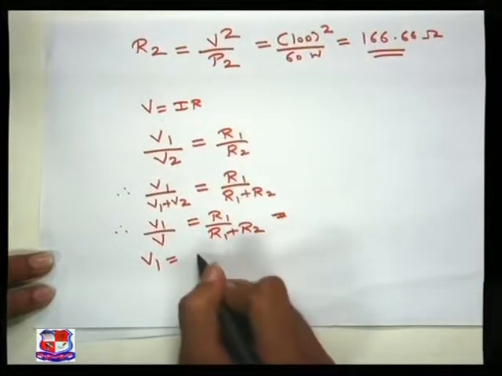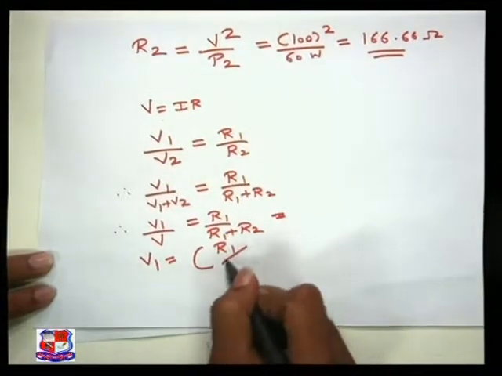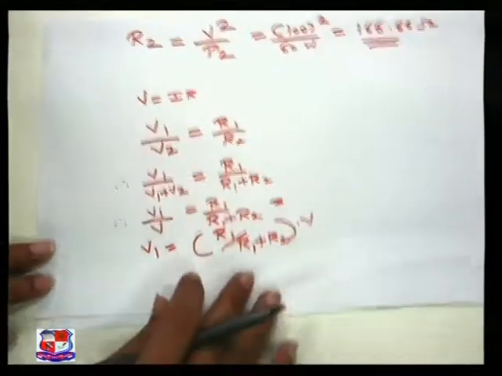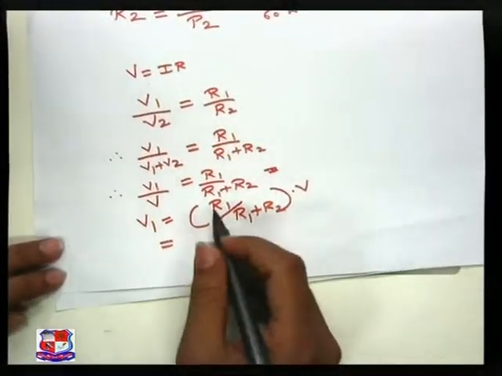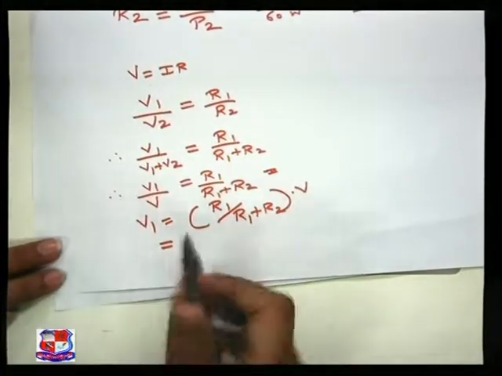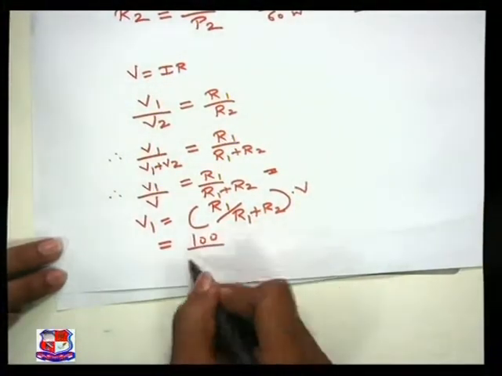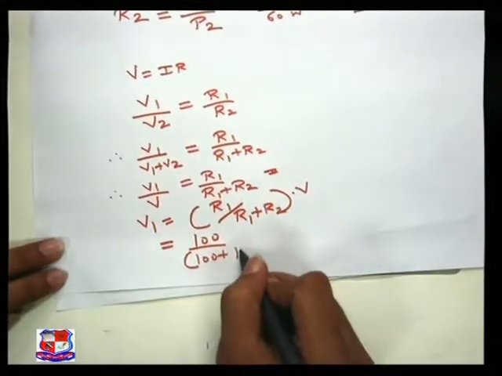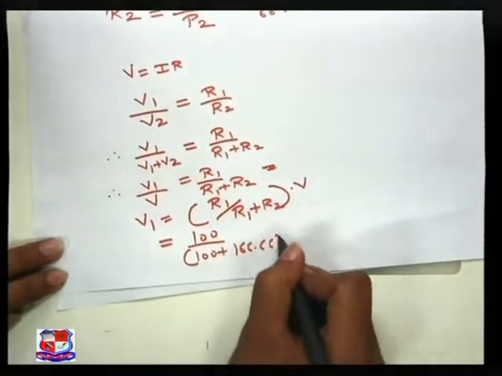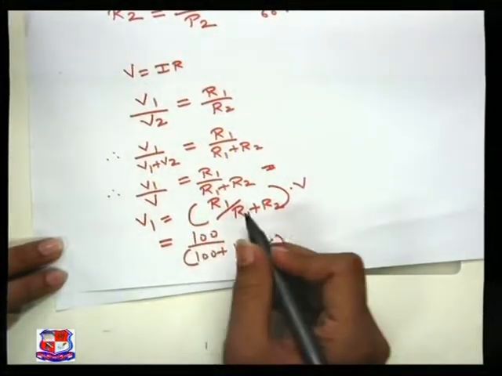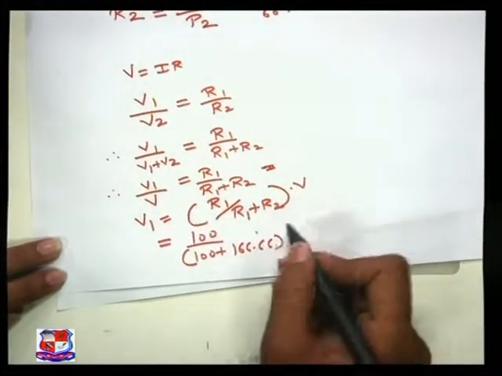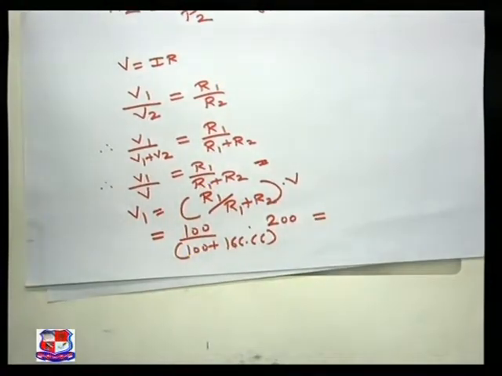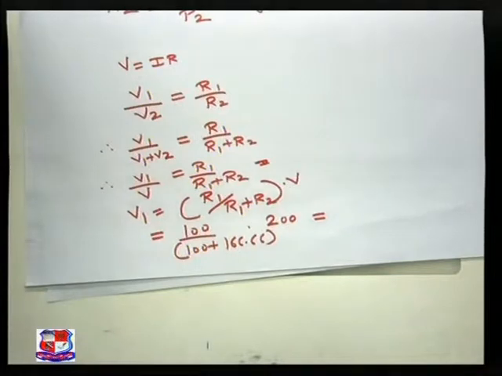V1 will be equal to R1 upon R1 plus R2 into V. So what is R1? We have already calculated R1, that is 100. R1 plus R2: R1 is 100, and R2 we have calculated as 166.66, into V. V is given already across supply, that is 200 volt, right? So if you calculate it, you will get